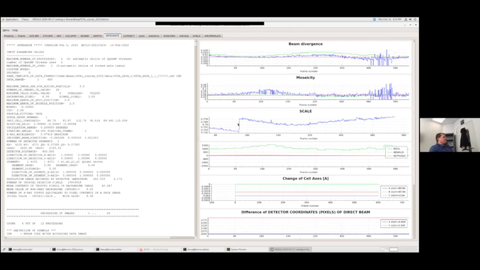The scale factor looks like it has a big jump, but if you look at the actual values on the y-axis, it's 0.736 to 0.776, so it's not a huge jump. That could be explained by the fact that crystals aren't spheres. As you rotate them around, you go through different thicknesses of the crystal, and depending on how different your thicknesses are in different directions, you can see quite a swing in the scale factor because of that. So if you think about a plate, if I'm looking down the flat part of the plate,